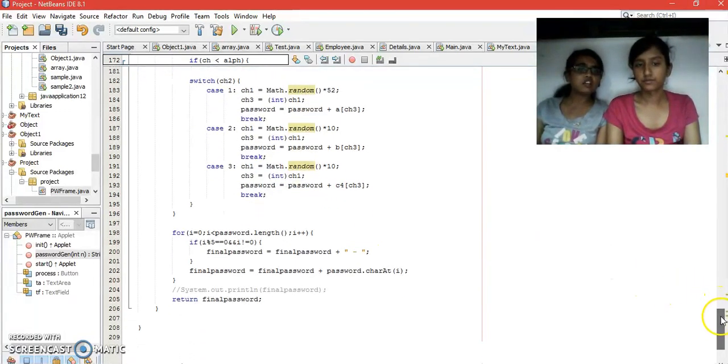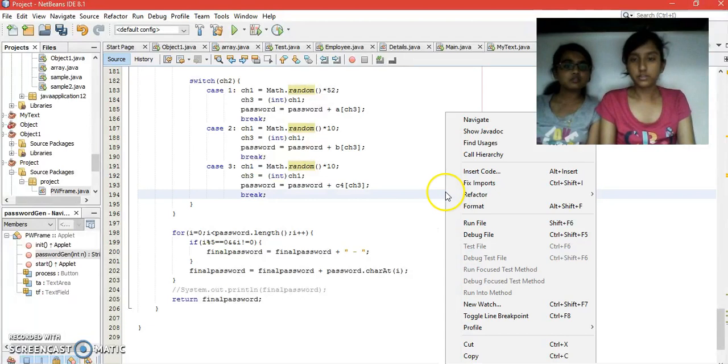Then at last here, since the password is lengthier, we are using this hyphen to separate every 5 digits. This hyphen is used to separate the 5 digits for easy understanding.